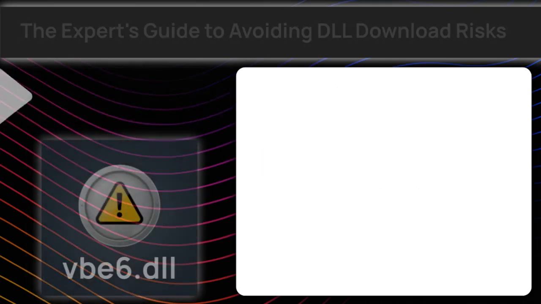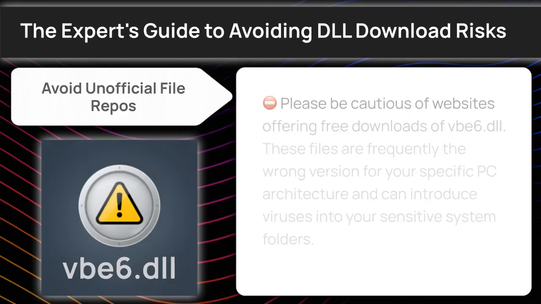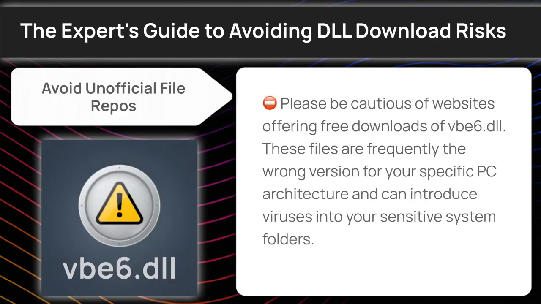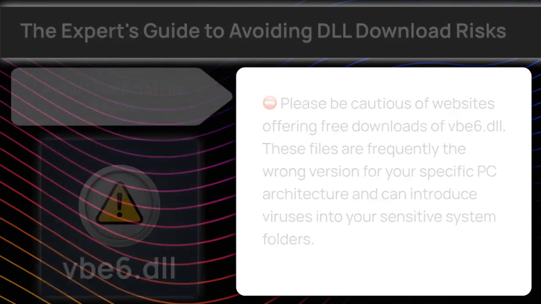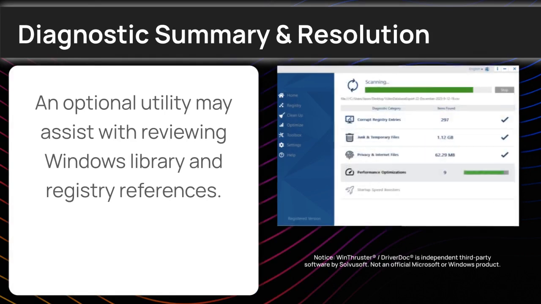From a systems engineering perspective, there is one major security pitfall I need to help you avoid. Keep your personal information safe by avoiding third-party mirrors for vbe6 Library DLL, which lack the encryption and security of verified official updates. For those who prefer a structured maintenance plan, you can access an official diagnostic resource at the